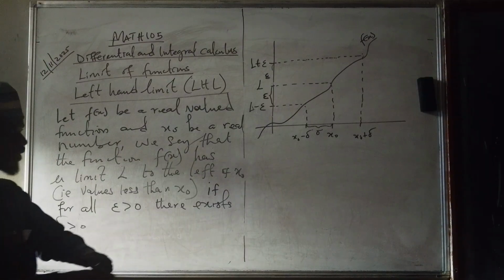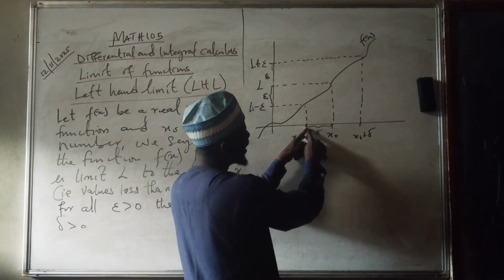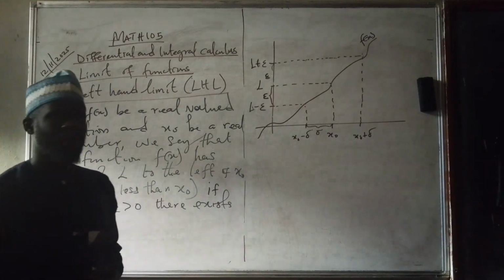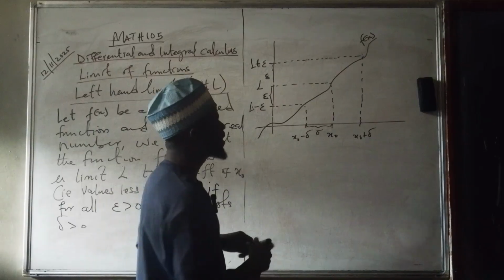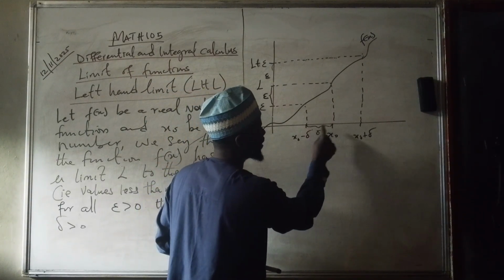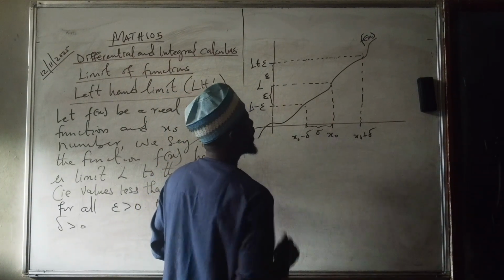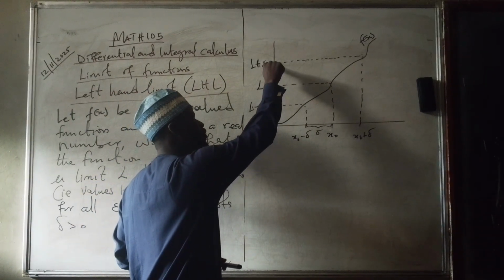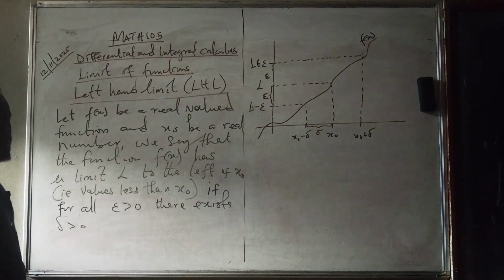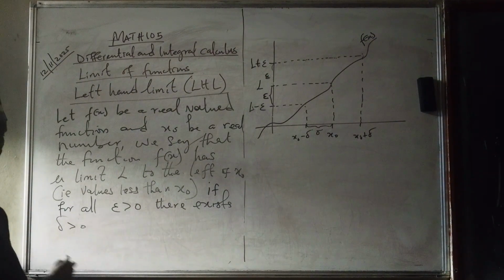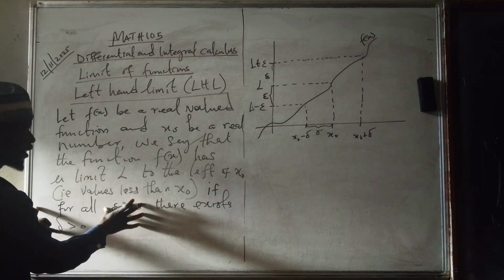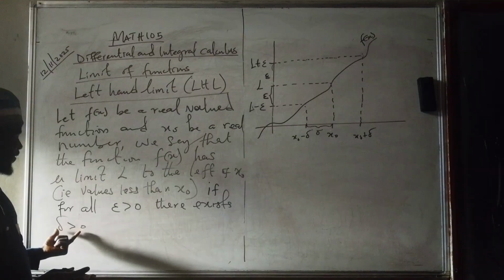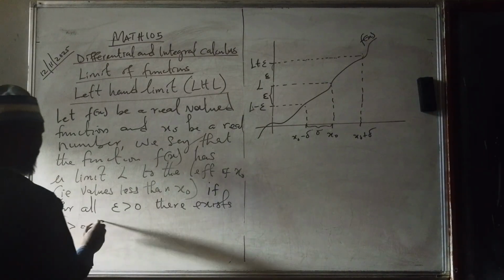Delta measures how far this point is from x naught, the closeness of this point to x naught, while epsilon measures the closeness of this point to the limit. Whenever this is given, we can always find a positive real number delta such that